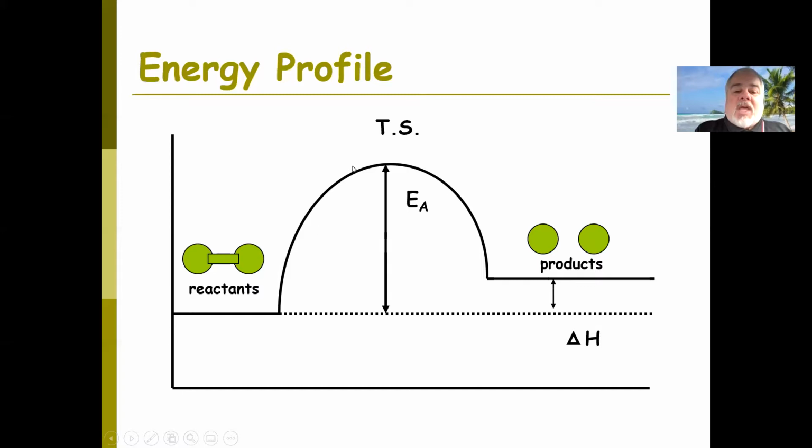And so you need to put in energy in order to get it over the hump, in order to break that bond. And then once that bond is broken, now you have your products with their own inherent energy. The reactants have their energy, the products have their energy, but it's not a straight line from reactant up to product or down to product, depending on the type of reaction.